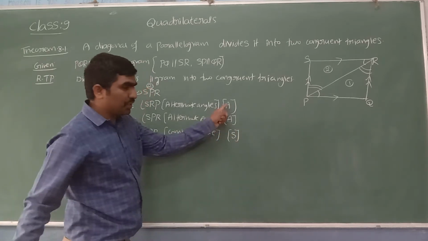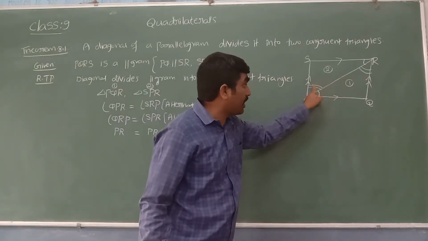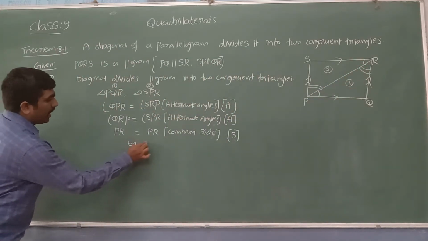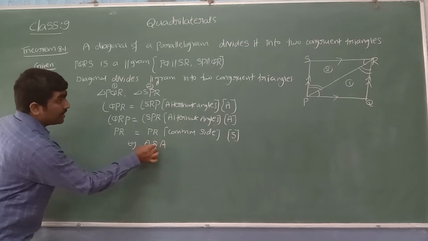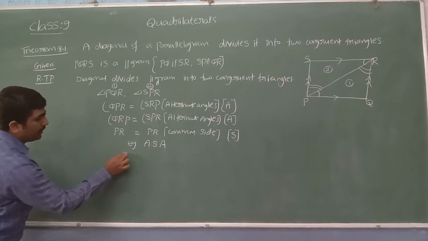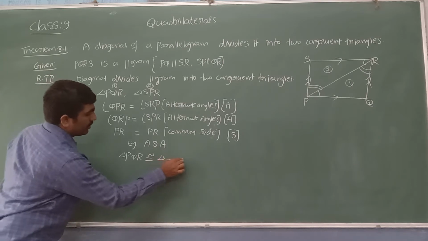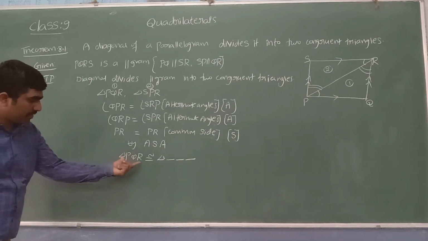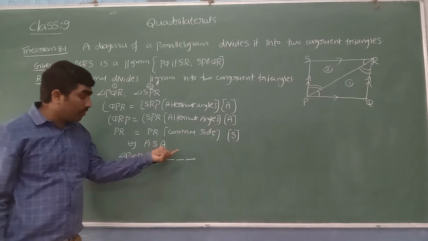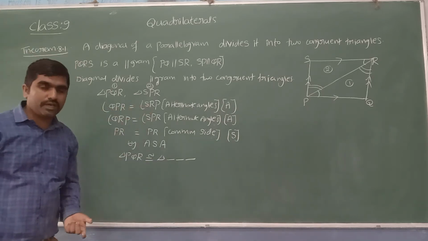Which property now? Don't say AAS. The side is included, madam. Angle, side, angle we can say. Yes, now I can say by the angle, side, angle property, the side is included between those two angles, so these two triangles are congruent. Triangle PQR is congruent to the triangle written with the red dashes. The first triangle you can write in any order: PQR, QRP, RPQ, right? But while writing the second triangle, the letters of equal angles must be in equal places.